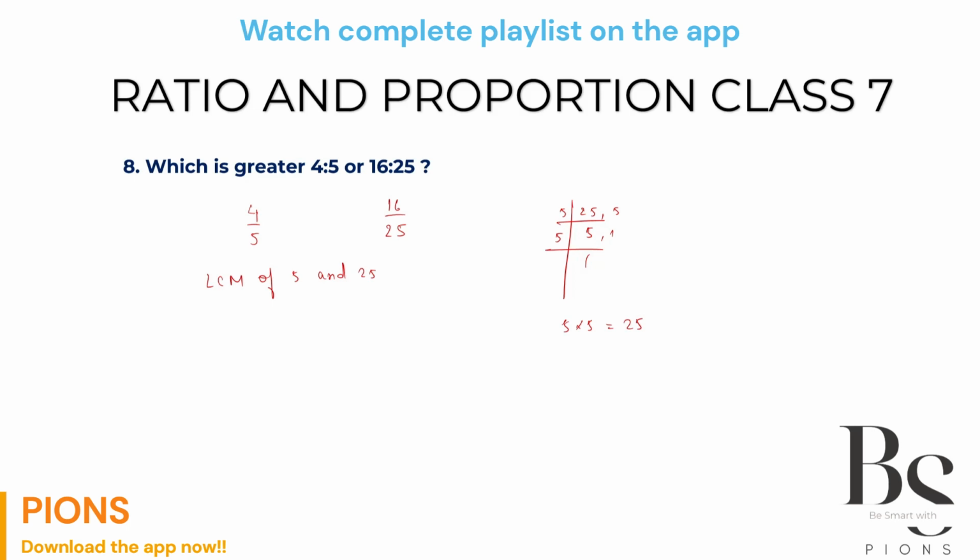So once you get the LCM, you have to get it in that format. So how can you convert the denominator of the first fraction into 25? By multiplying up and down with 5. So let's multiply 4 into 5 and 5 into 5. So this gives you 20 upon 25. Now we converted them into a common denominator. Common denominator is 25. So 20 by 25 and here 16 by 25. Which number is greater? If the denominator is the same, the higher the numerator, the higher the value. So this is greater than this. So this is from 4:5. So the answer is the 4:5 ratio is greater than